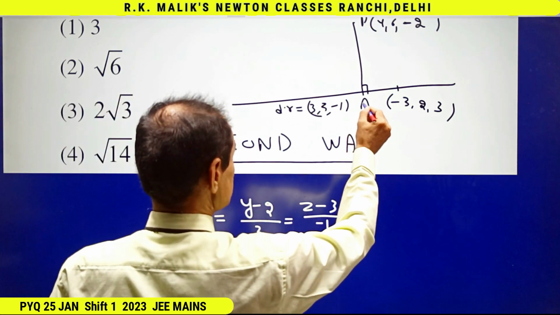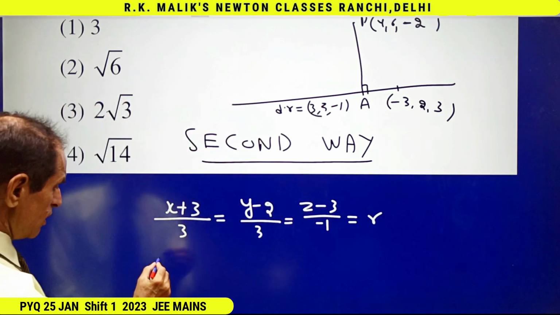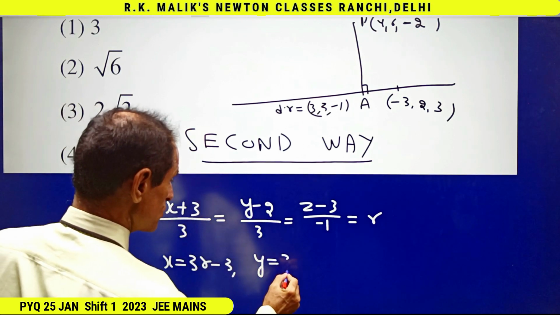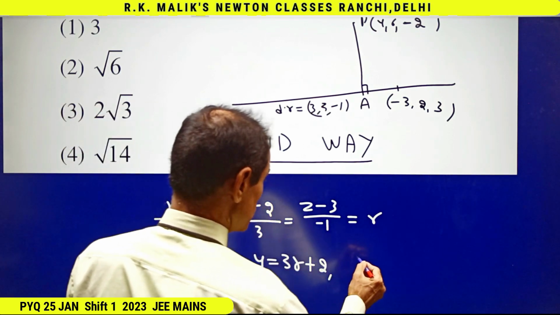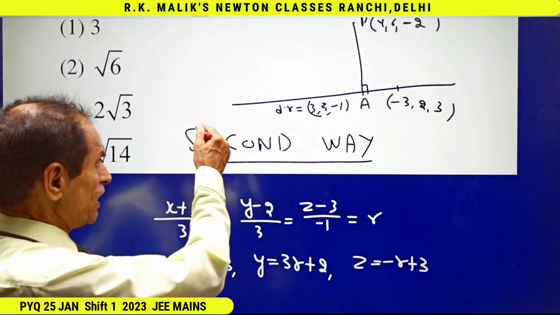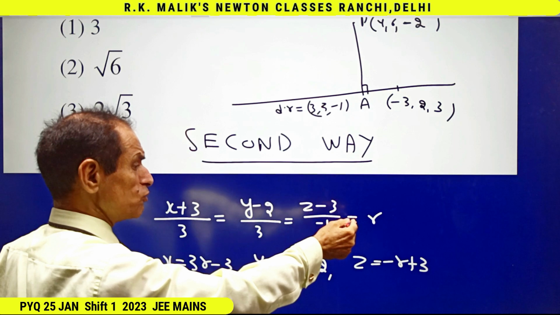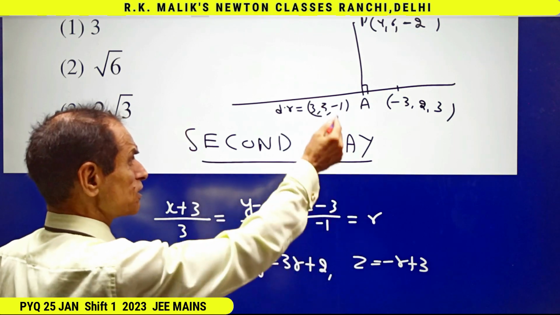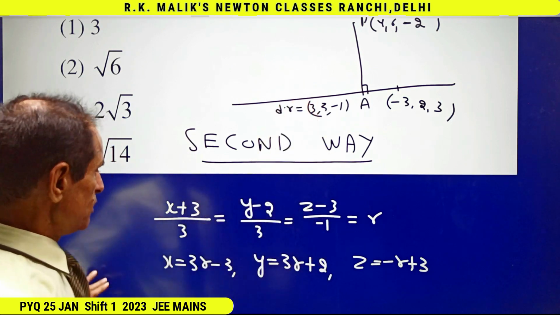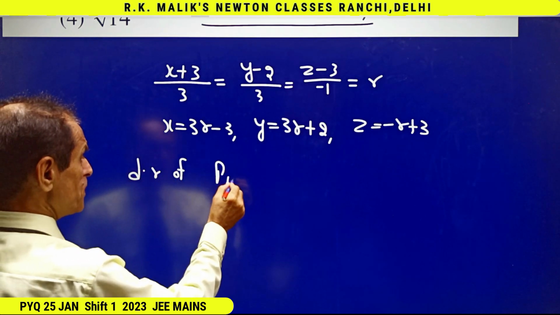For finding the point, say A, we let it be equal to R. I get x equal to 3R minus 3, y equal to 3R plus 2, z equal to minus R plus 3. Because for every point on this line, there are different values of R. I will find the value of R such that this point becomes the coordinates of the point A. And if these are the coordinates of the point A, then direction ratios of PA